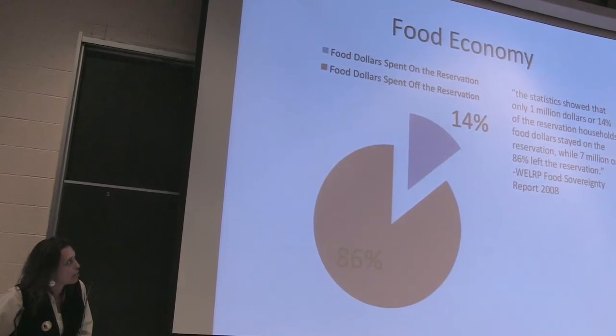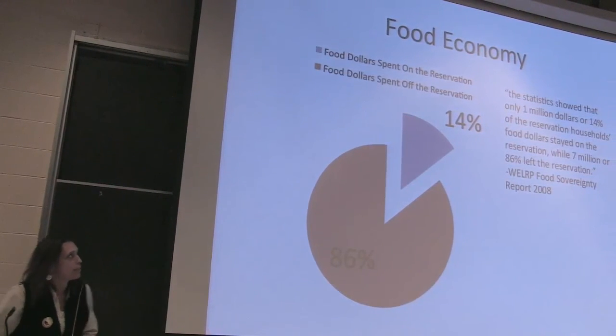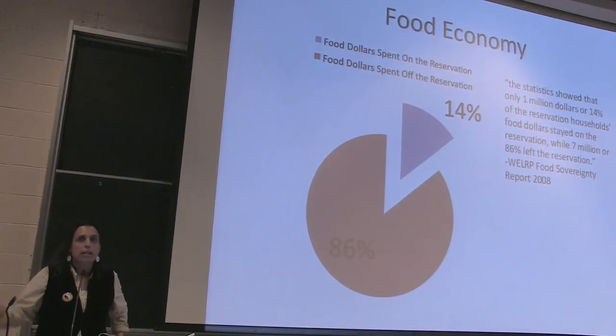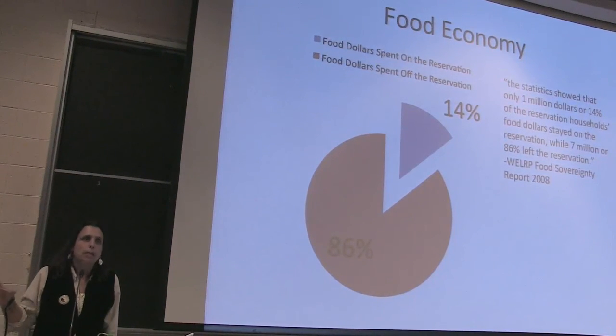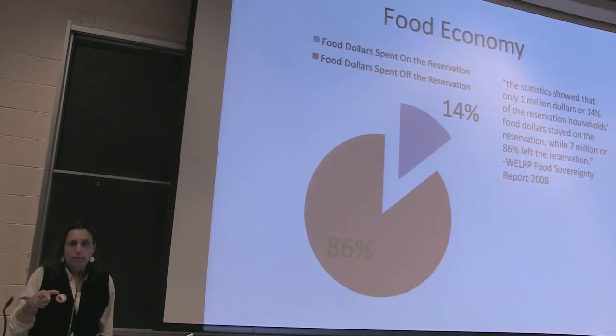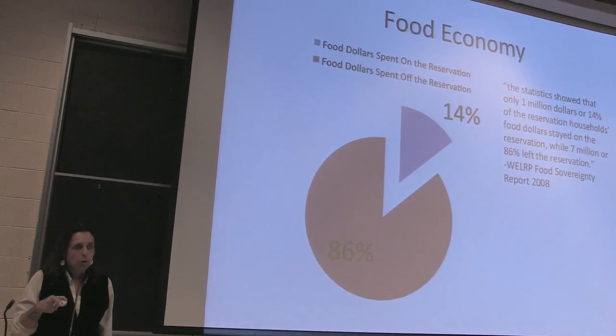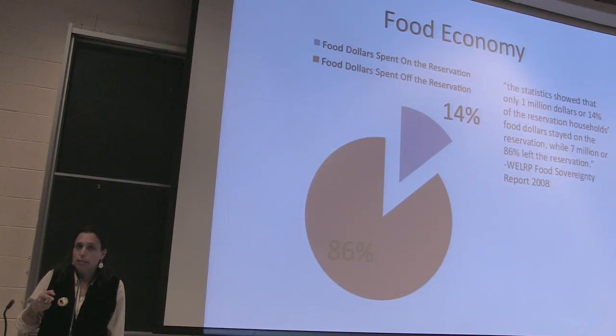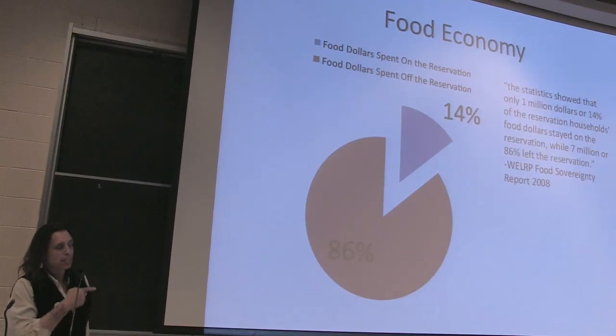The other thing is in your community, wherever it is, this is a study we did on my reservation, which basically you can do in any community. But my reservation spends $8 million a year on food. And of that $8 million, we spend $7 million off reservation at Walmart and Food Service of America pulling food in, right? We have no local food economy. And that represents a quarter of our economy on my reservation. Is this making sense to y'all? Mm-hmm. The energy economy on my reservation represents another quarter, and